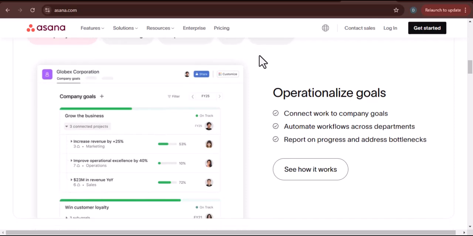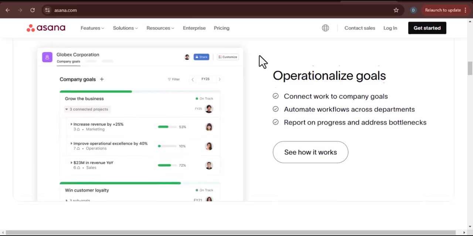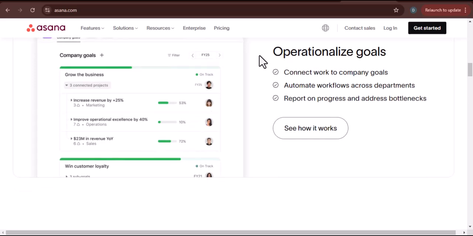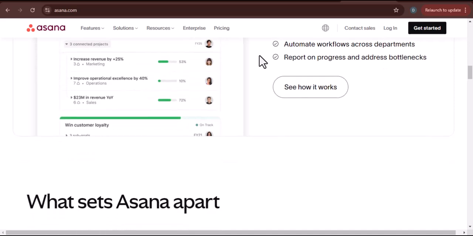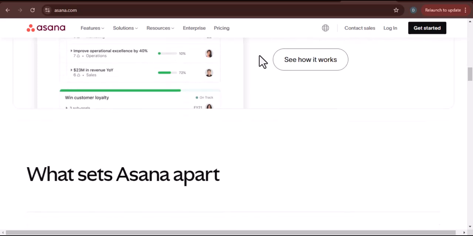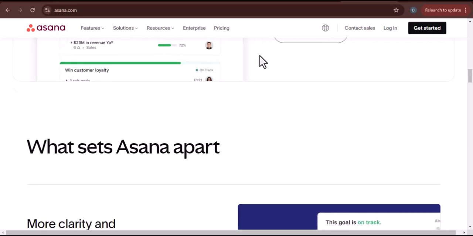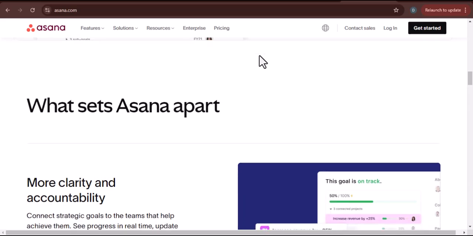So, to answer the initial question, no, Asana cannot directly schedule social media posts in the same way that dedicated social media scheduling tools do. However, it can be an incredibly powerful tool for managing your social media workflow, from planning and collaboration to content creation and performance tracking. By leveraging its flexibility, integrations, and customization options, you can create a streamlined and efficient social media process that keeps your team organized and your content on track.